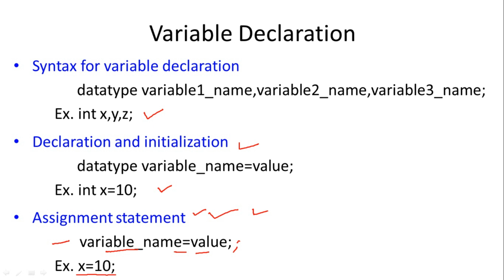There is one more way of assigning a value to a variable, that is not in the program itself, but we take the value of the variable from the user, because there are many applications in which predefined values are not used. The user will input the value from their side, whatever value the user wants, they will enter, and we will save that value in our variable. We will see how to read the value from the user with the help of an example.